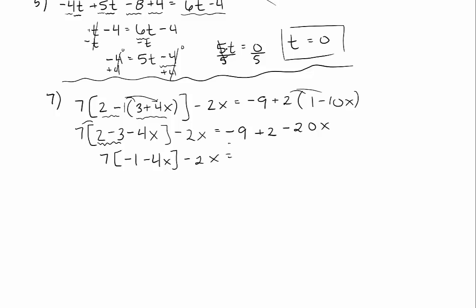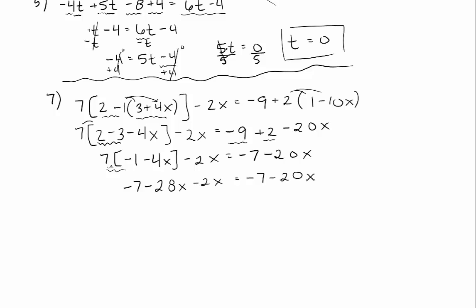And then on the other side of this, I have minus 9 plus 2. That becomes minus 7 minus 20x. You could say negative 7. It's the same thing. And now I'm going to distribute my 7 over on the left. So 7 times negative 1 is negative 7. 7 times negative 4x is minus 28. I just said 7 times negative 4 is minus 28. And the x, because I don't have a variable here with the 7, it just stays as x. And then now my brackets are gone, so I can say minus 2x